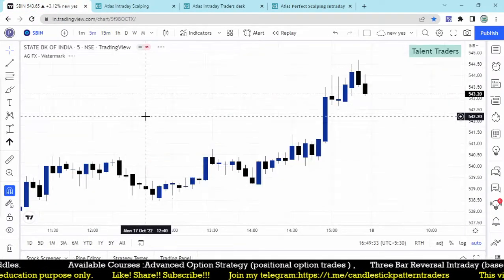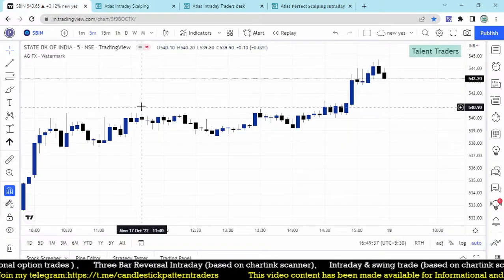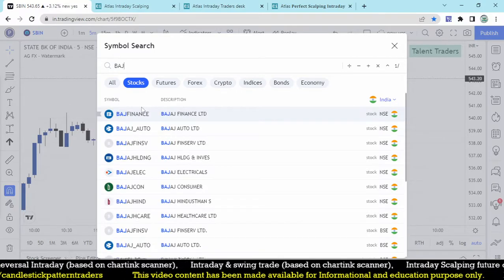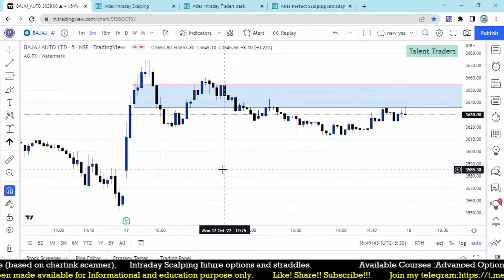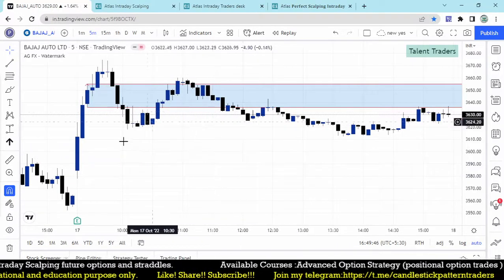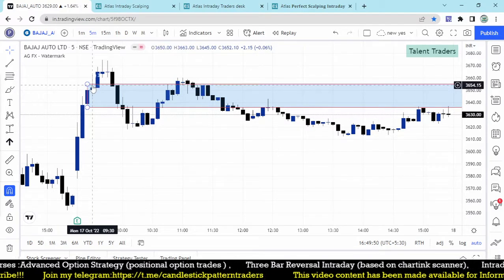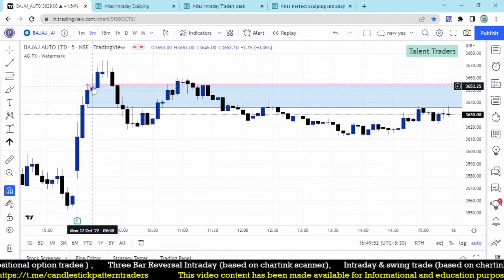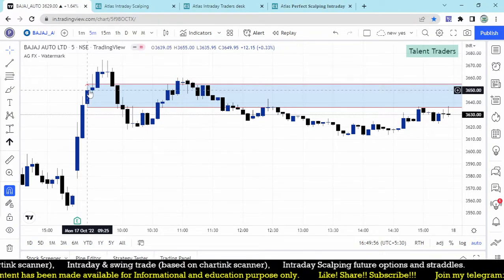The concept is simple. We are finding consecutive higher high candles present on the stock in the first candles after market open. The main importance of this scanner is that it will never repaint. So that is what's important. Let's look at this Bajaj Auto: in the first three consecutive higher highs, it broke that high with the next 5 minutes candle, and the risk for the trade is around